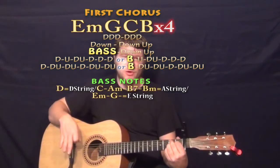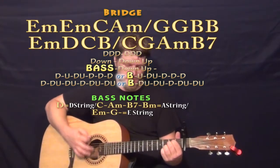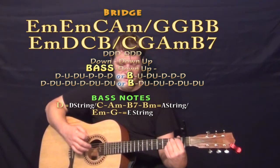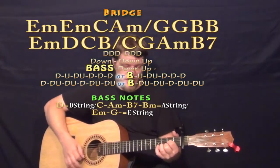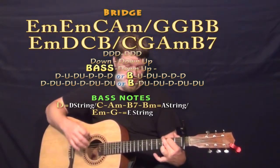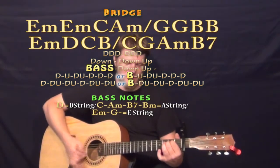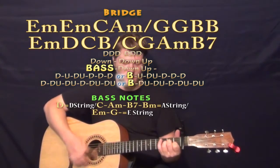And then from there, we'll be going into our bridge part, which mixes up a lot of those chords we were talking about. E minor, C, A minor, G, E minor, D, C, or if you're digging our quicker pace, A minor, C, A minor,